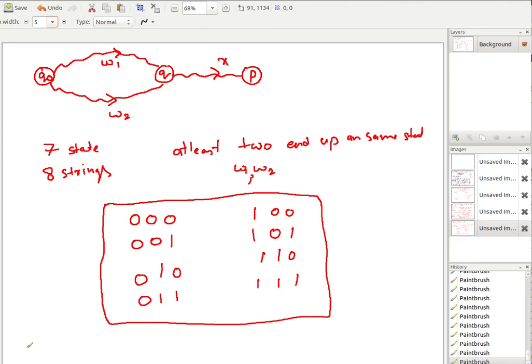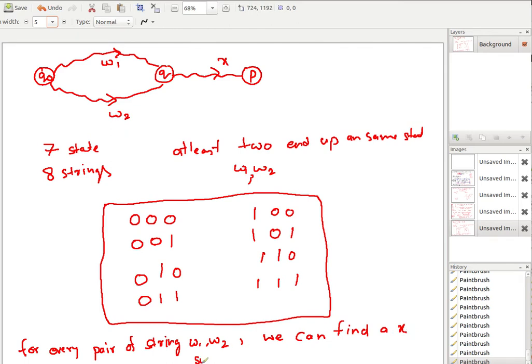But my claim is that for every pair of strings W1, W2, we can find an X such that